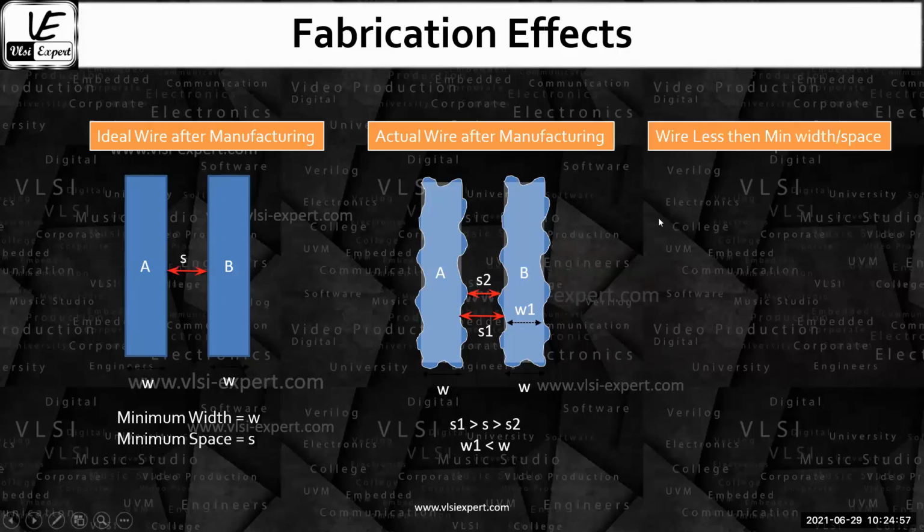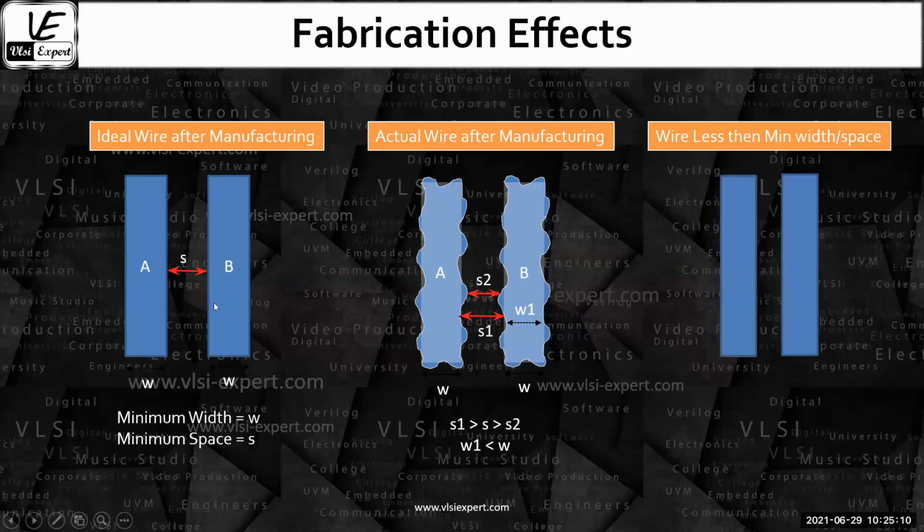Now if somehow you decided, okay, you will not follow the foundry rules, you will say, okay, what is the problem? There is no problem here. Let me come up with a small dimension. So here if you will see, the width is less than the minimum width and the spacing is less than the minimum spacing. So if you do that, then foundry is saying, okay,